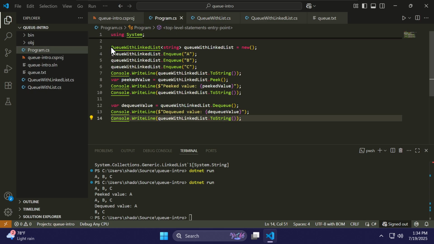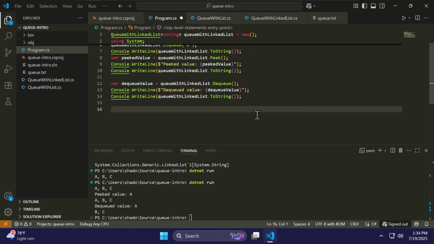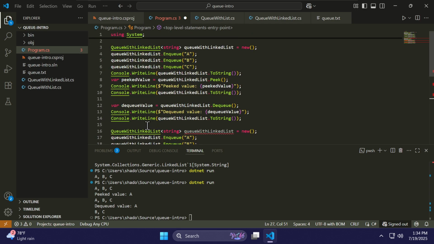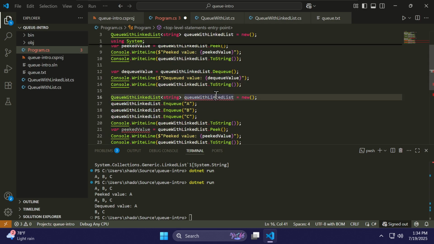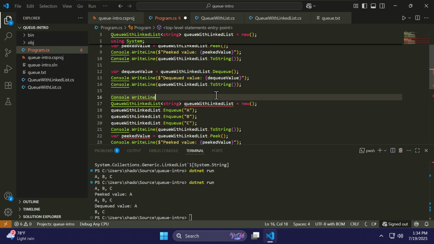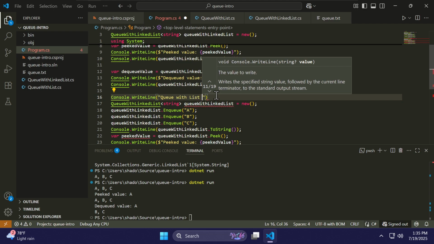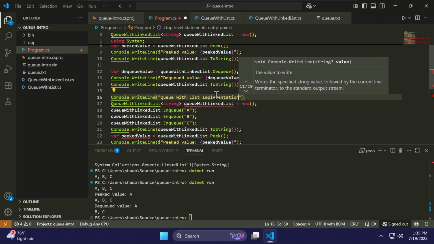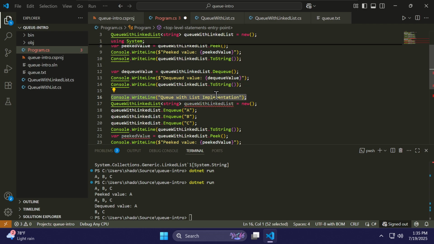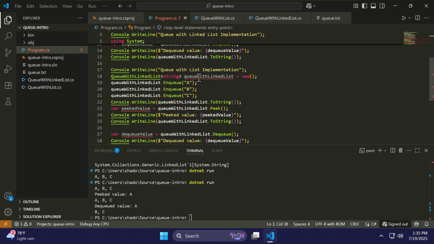So what we're going to do now is we're just going to take all this. I'm going to paste it here. We're going to add one line here. We're going to do console.WriteLine, cute. Let's copy that and let's make this one a linked list. Here we'll just